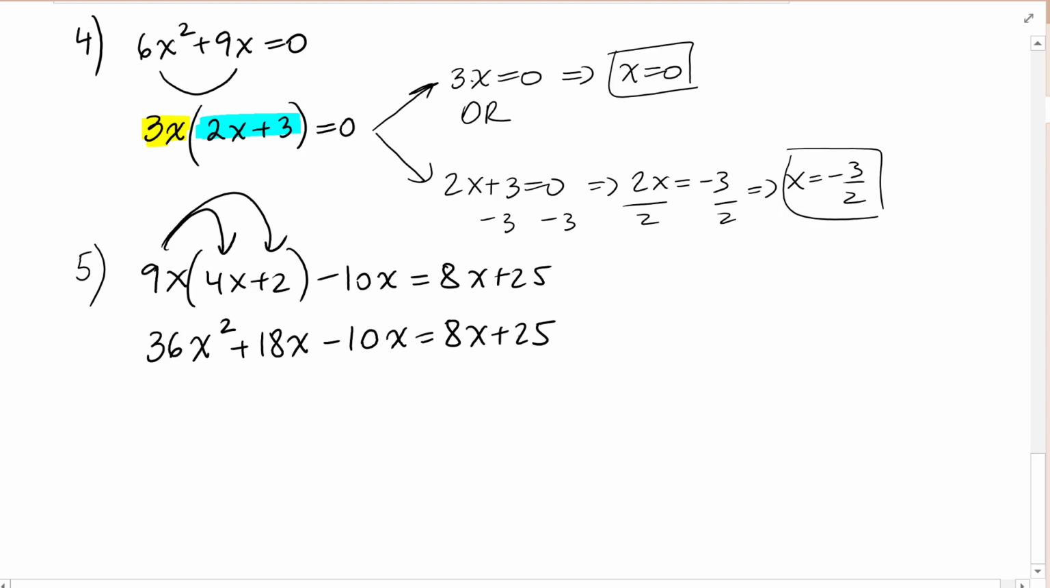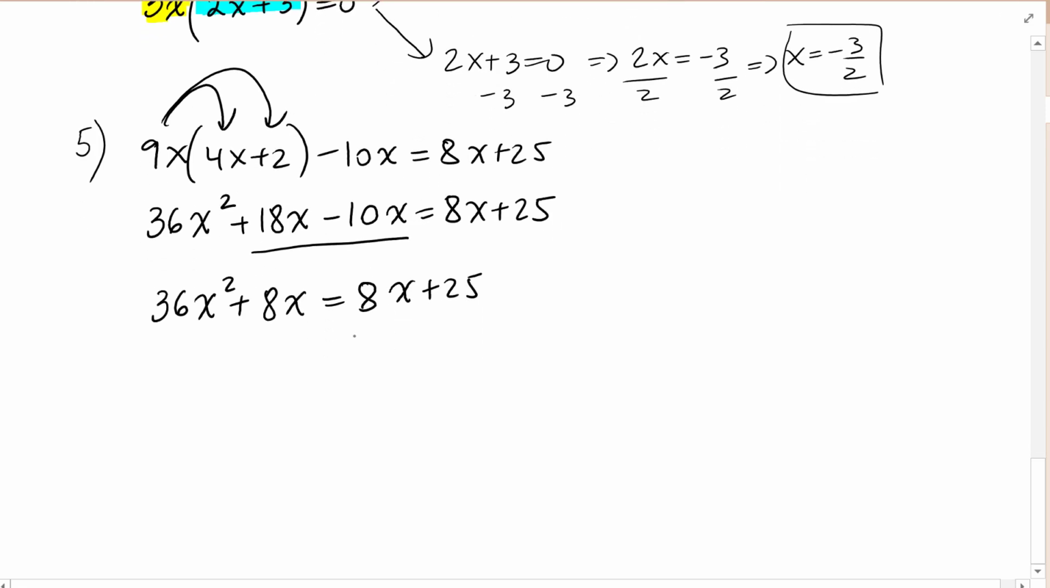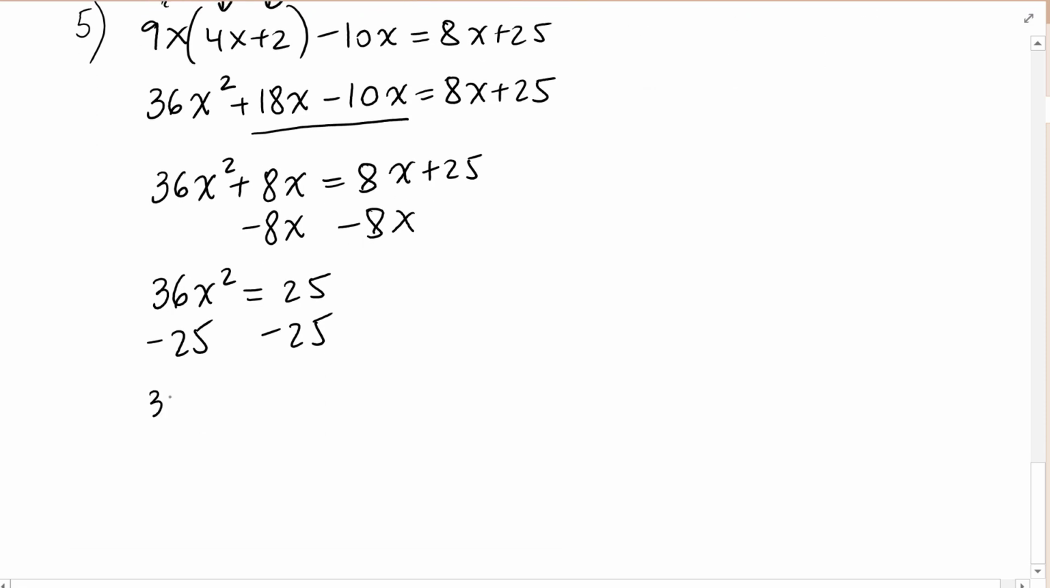I do have like terms on the left side. So we get 36x squared plus 18x minus 10x, it's 8x, and then 8x plus 25 on this side. So I'm going to subtract 8x from both sides because I want to move everything to the left to set it equal to 0. So we get 36x squared equals 25. I subtract 25 from both sides and we get 36x squared minus 25 equals 0. And we can factor this problem